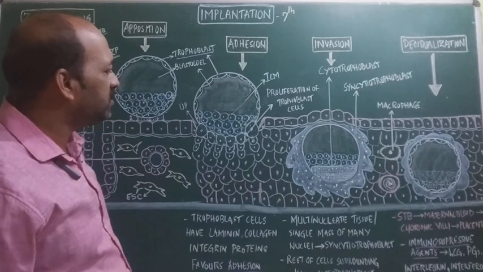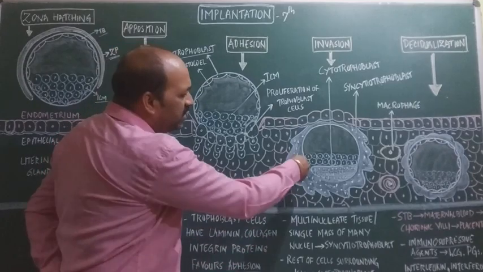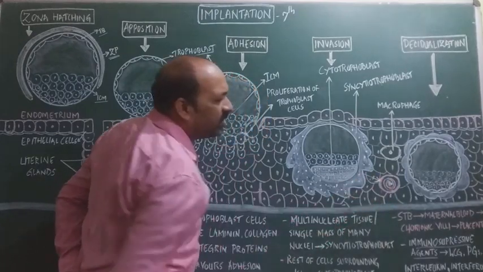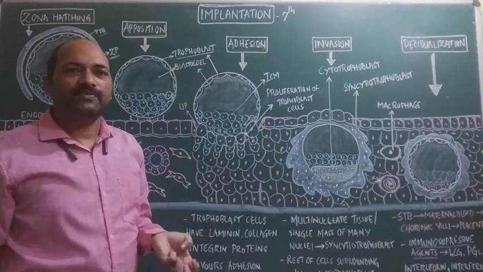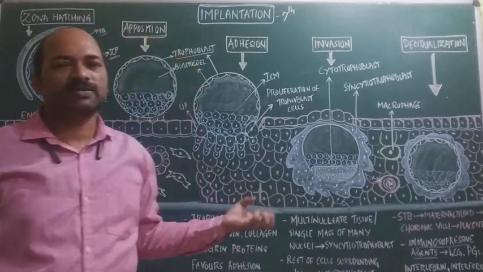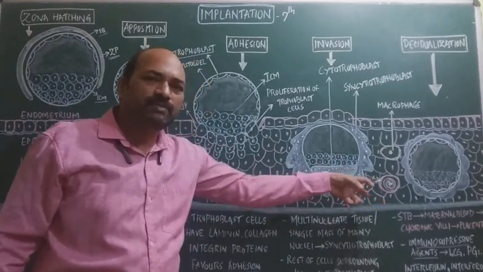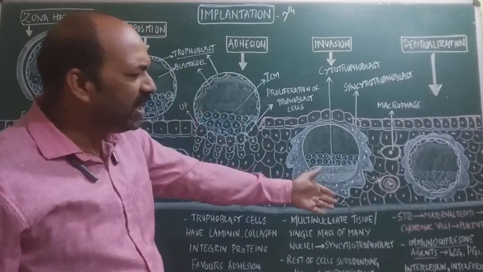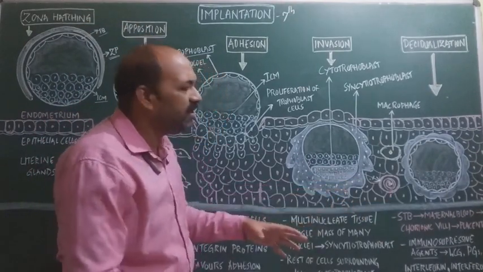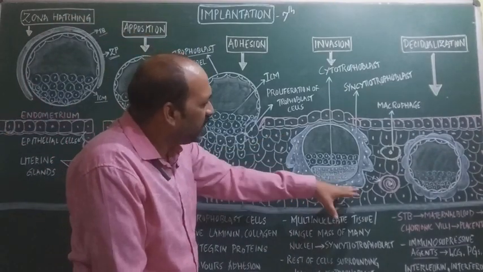What happens here is the syncytiotrophoblast starts further increasing in size, and thereafter it comes in contact with the maternal blood vessels, by which whatever nutrients are present in the blood vessels, in the uterine arteries or maternal blood vessels, which are necessary for growth and development, are absorbed from these maternal or uterine arteries, and thereafter these cells again start proliferating. So that is the first thing.